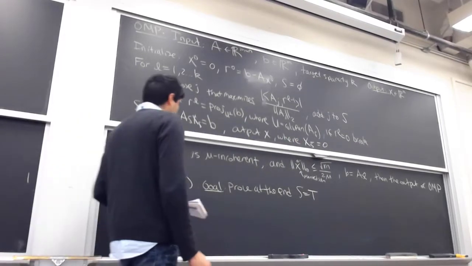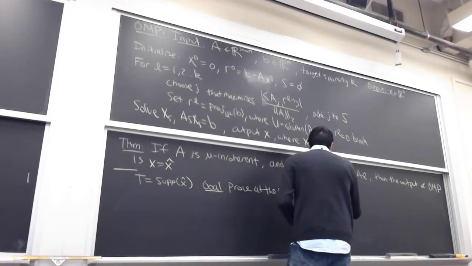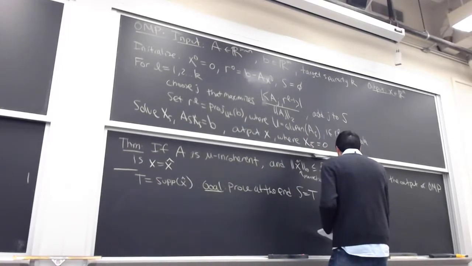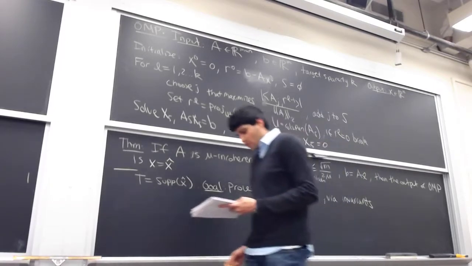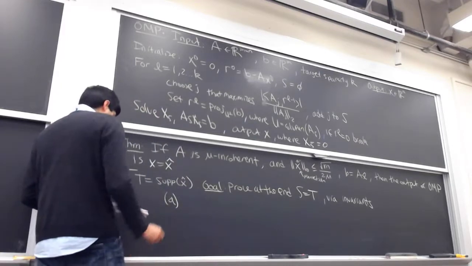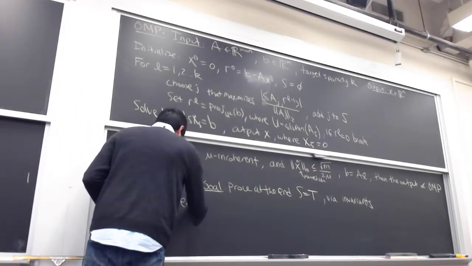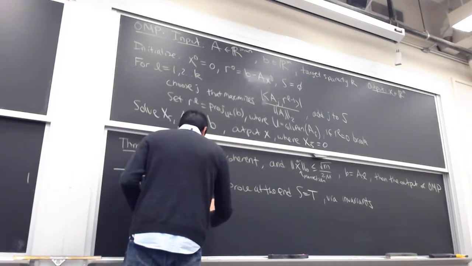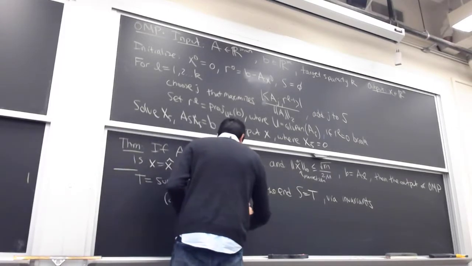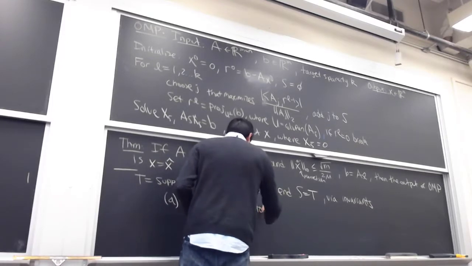And we're going to do it via the following invariants. These will be our two invariants for orthogonal matching pursuit. What we're going to show is that each index j added to S